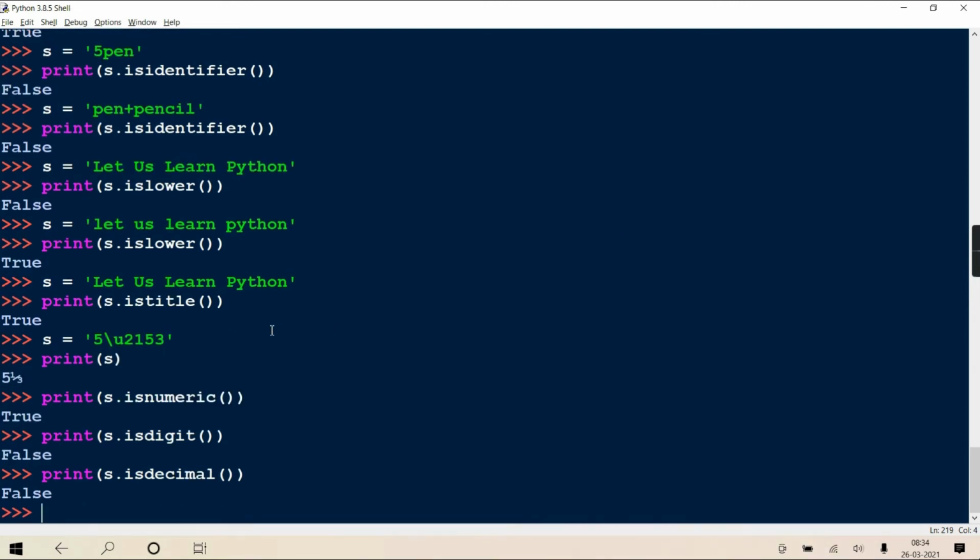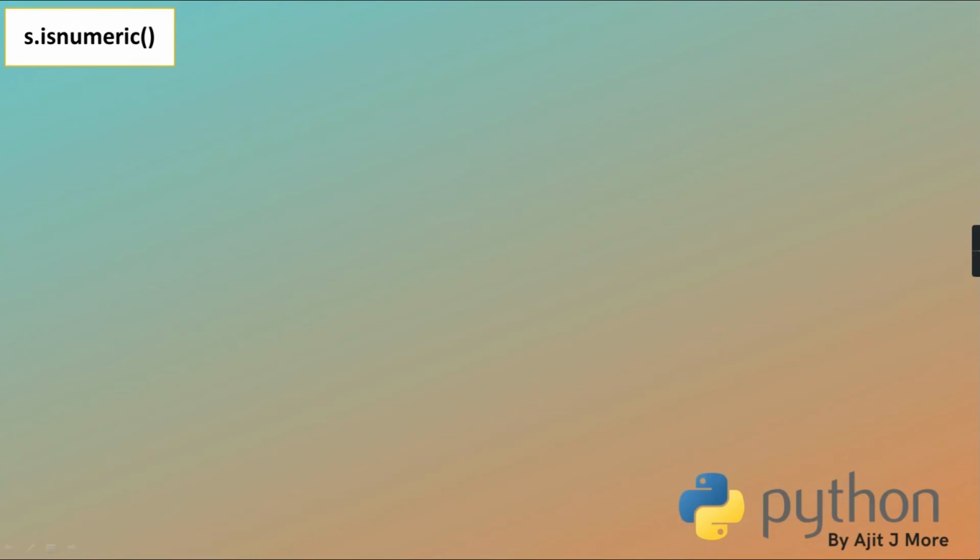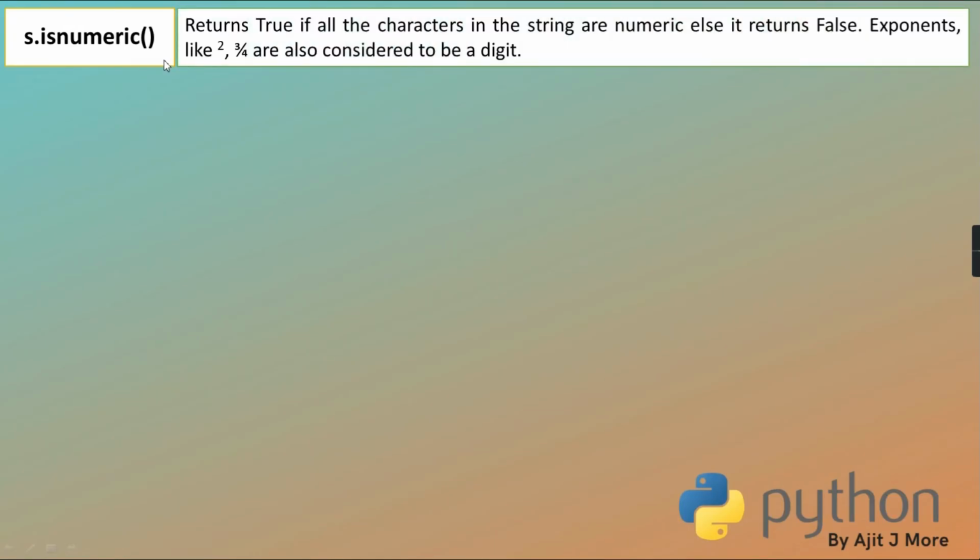Getting? So is decimal only checks 0 to 9. Is digit checks 0 to 9 along with superscript and subscript. And is numeric will check digits, superscript, subscript, and along with that such vulgar fractions also. See, it returns true if all the characters in the string are numeric, else it returns false.